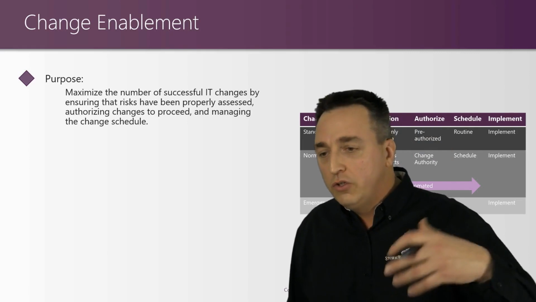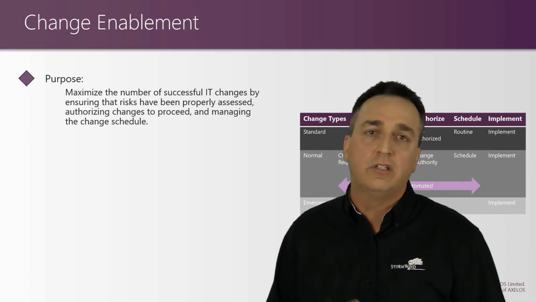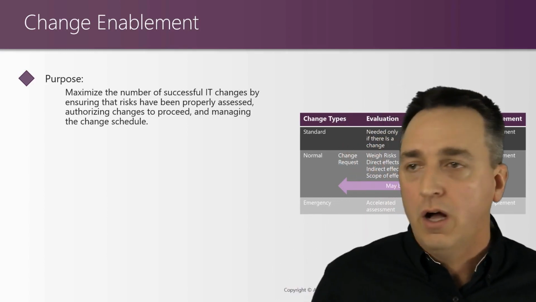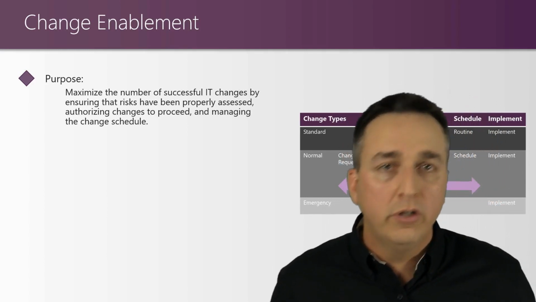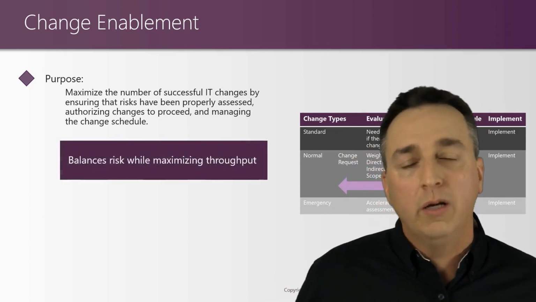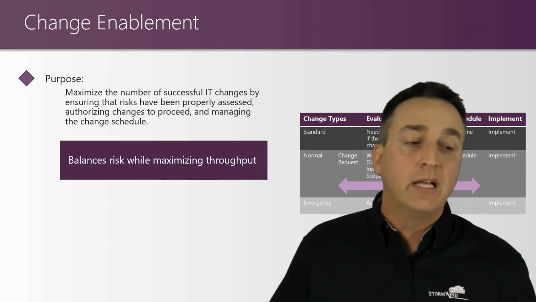We want to ensure that our risks have been properly assessed. We want to make sure that we don't proceed with changes unless they've been authorized. We want to manage a change schedule. Why? We don't want any conflict of resources. We don't want to introduce a change that adds undue risk, which decreases our value. So it's really important that we follow our change procedures, folks, and balance the risk while maximizing throughput of all